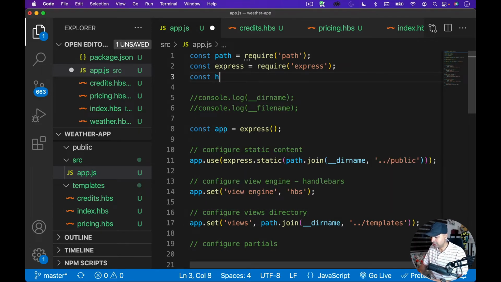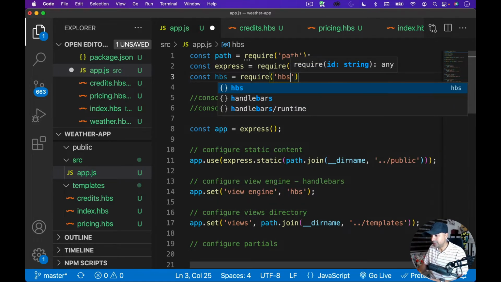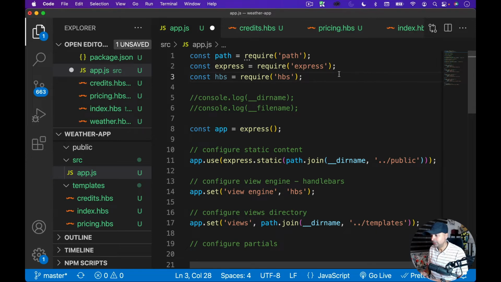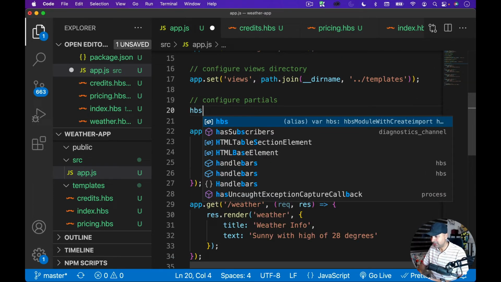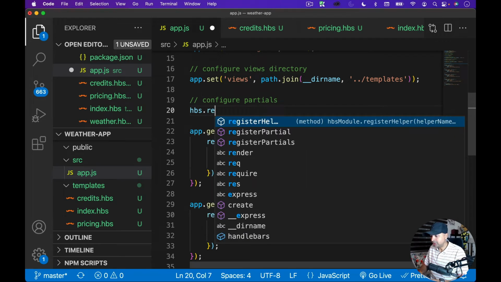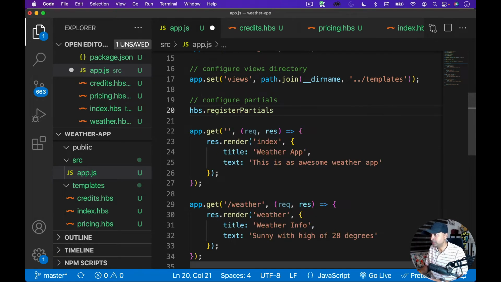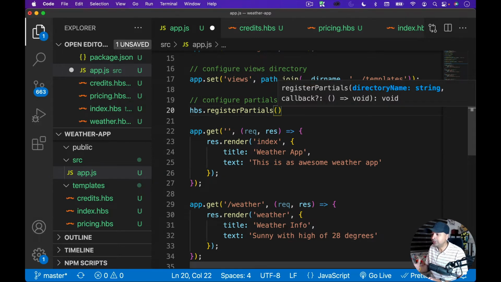So const hbs, and I'll say require hbs, my handlebar object. And I'm going to use this hbs only. And hbs has a function called registerPartials. So I'm going to use this function, registerPartials, and I need to just tell handlebars the path of my partials. So I'm going to use path.join,